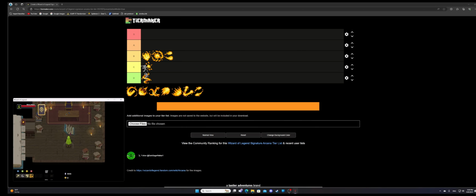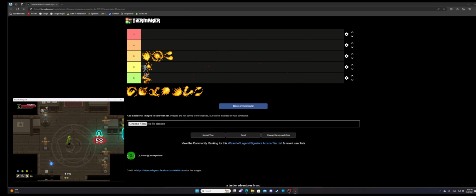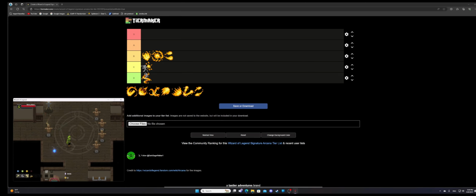So what about Inferno Beam? That's another one that works very well against mooks. And that's why. It sweeps across enemies, it gets a decent amount of damage per hit, like 22 per hit. Which, because of how it works, it can score 2 hits, so...